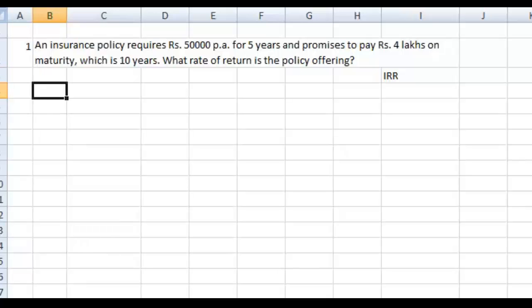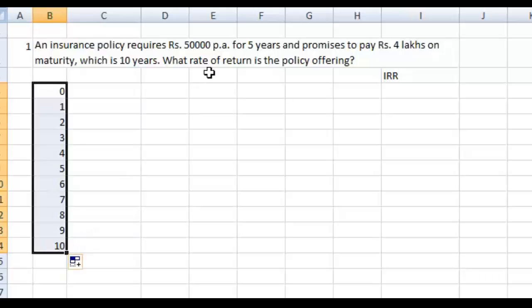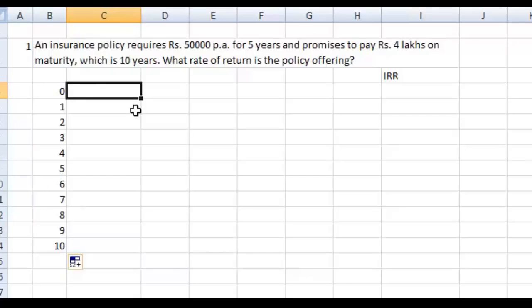So first step in calculating IRR is that we have to put up cash flows. Cash flow starting from 0, because I am going to make my investments at the beginning of the year. So because I want things in ascending order, let us put 0 and 1 and then drag them downwards till 10, because maturity is after 10 years. Now you will notice that actually the number of cash flows will be 11, because you start from 0, which is where you start investing 50,000. So you put minus 50,000 over here,